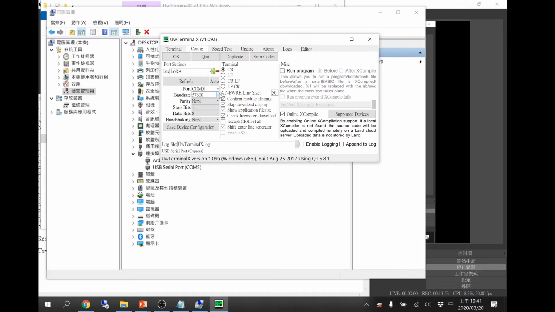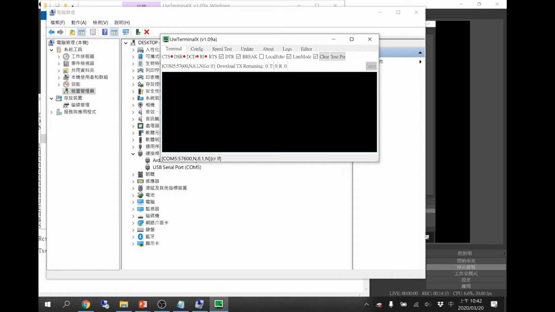And the baud rate, please set up 57600. Okay. And the last thing I need to configure is the terminal with the CR and the LF. It is not easy to explain, because this is AT command that the left word we need to put as a CR and LF as next line. Okay, so it is simple. So if this is okay, and